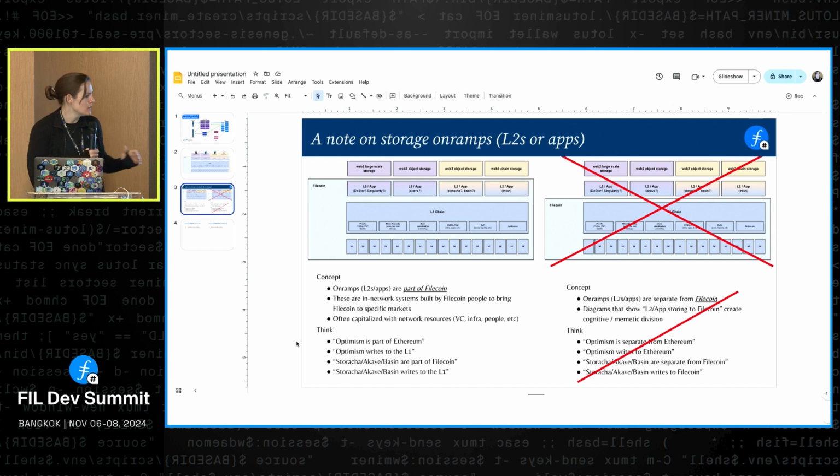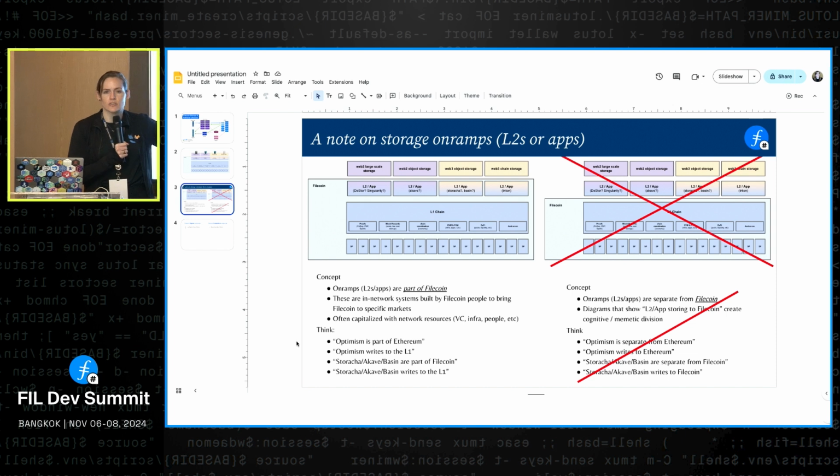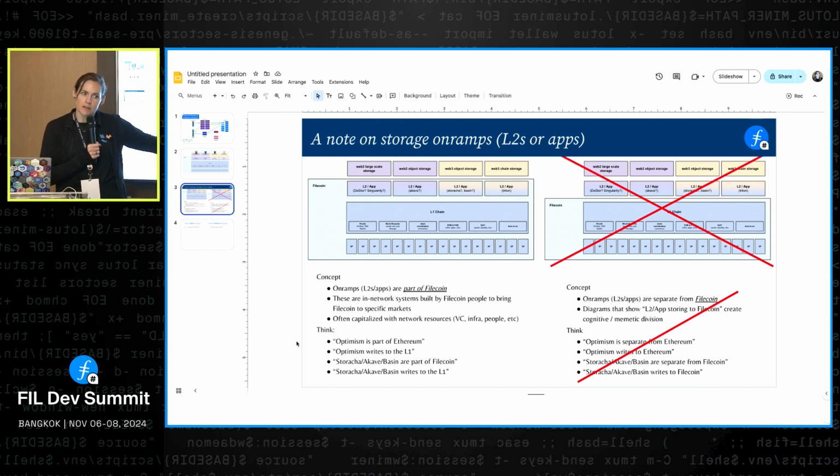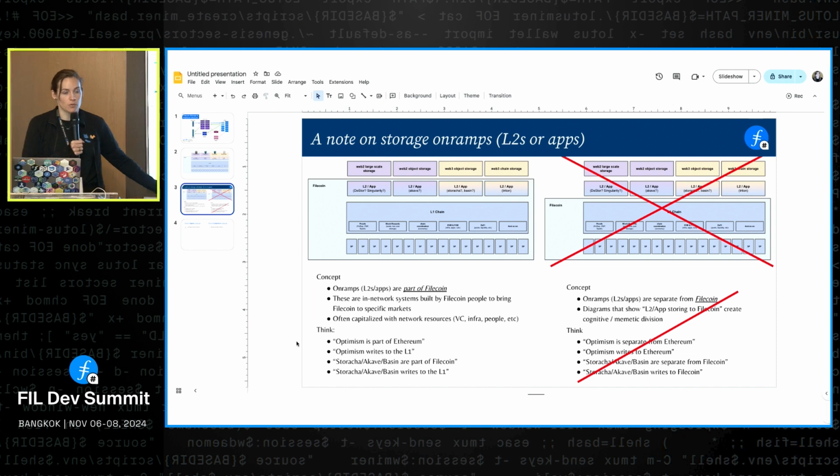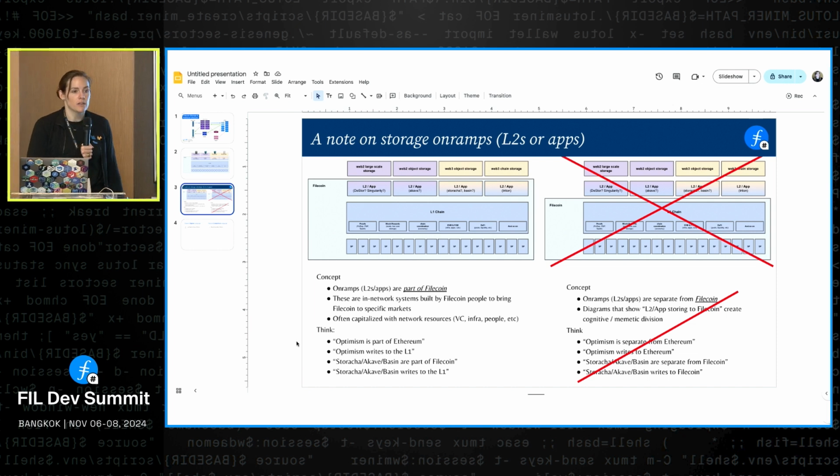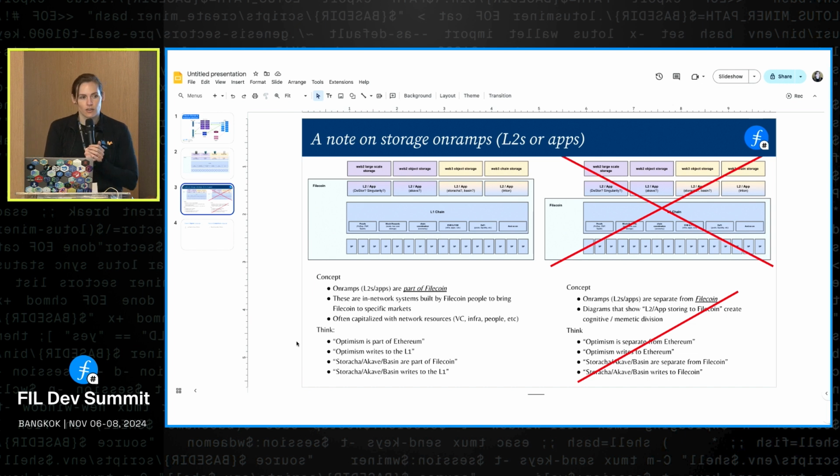And we don't use the language that Optimism writes to Ethereum, because Optimism is part of Ethereum. So it writes to Ethereum L1. It checkpoints to L1, but it is part of Ethereum. And so all of the application data and transactions and other things you're doing as part of Optimism are part of Ethereum. And that's, I think, important language for us to use as well,